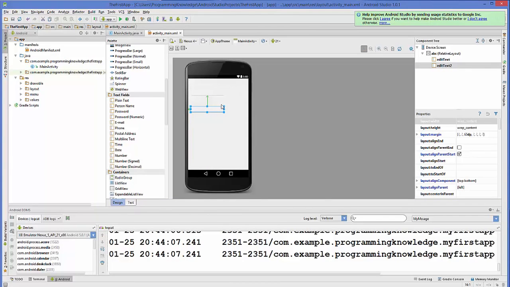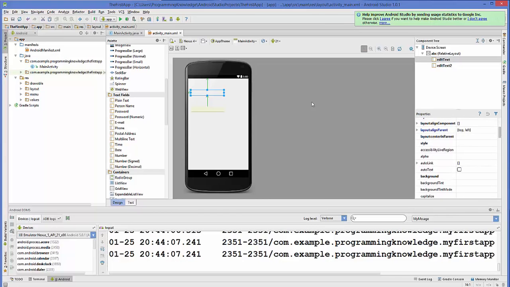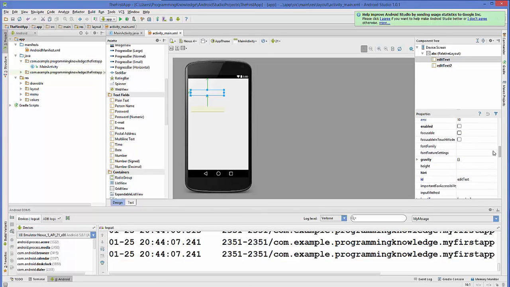Right now, to show why we are using this edit text, we can provide a hint to this text box. So you just select this edit text and go to the property called hint. There is a property called hint, and here we can provide the hint to the user about what he is expected to enter here. So for example, I will say